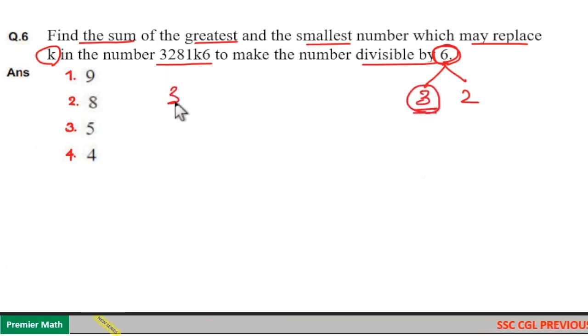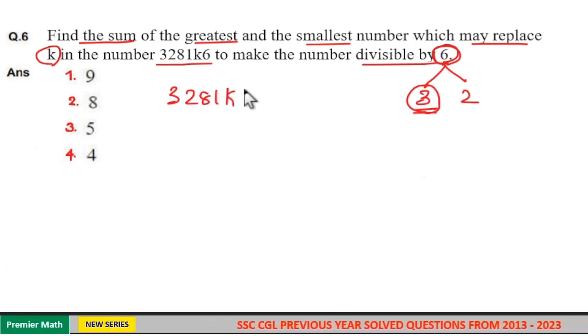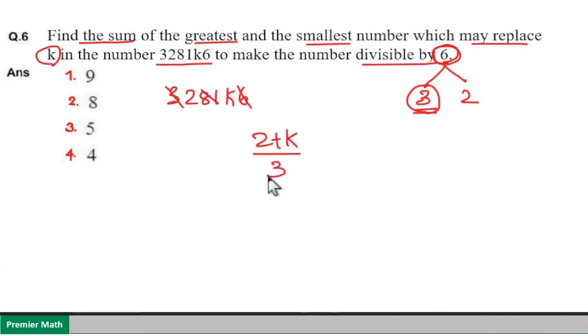That is, here 3281k6 is divisible by 3 means its digital sum is equal to 8 plus 1 is 9, 6 plus 3 is 9. That is 2 plus k, its digital sum. It should be divisible by 3. Now k should be